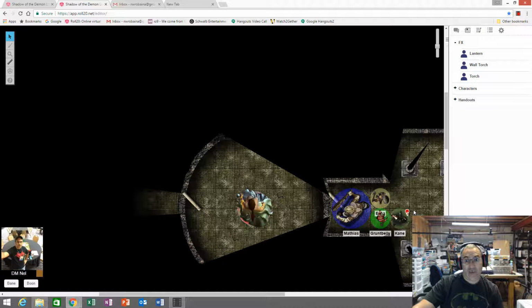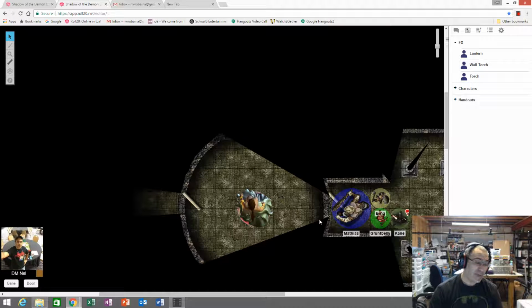Besides the fact that they continued to roll terribly, and I was rolling amazingly well during this adventure. I don't know how many times I rolled a natural 20. It was just amazing. It's a good thing we don't use any type of critical hits or critical damage rolls or critical miss effects, I should say, because that would have wiped the heroes out with all the 20s I was rolling.